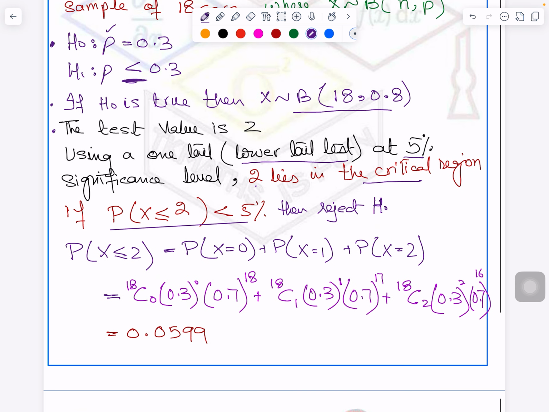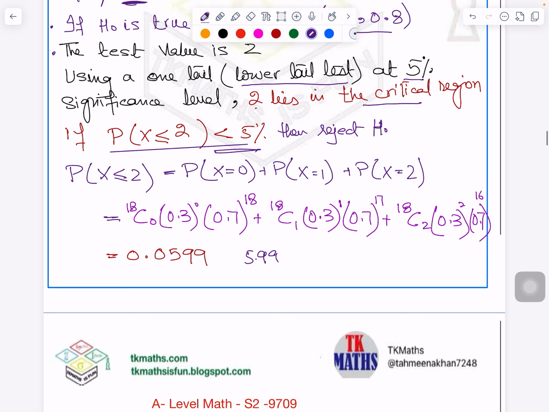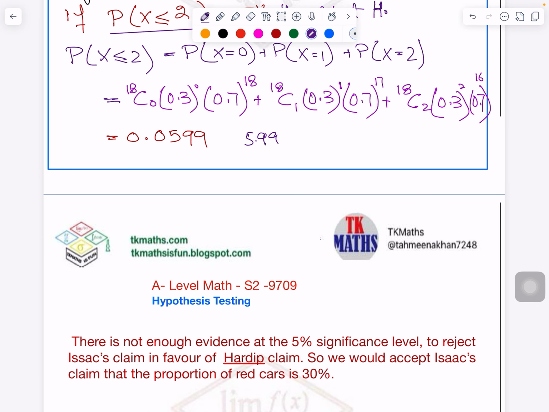So right now when the percentage came 5.99%, which is not less than 5%, what do we say? We say do not reject H0. Let me write here, do not reject H0. And then you have to comment in the context of the scenario. So you will also say there is not enough evidence at the 5%